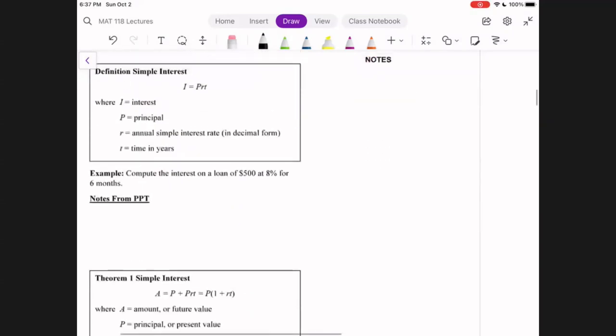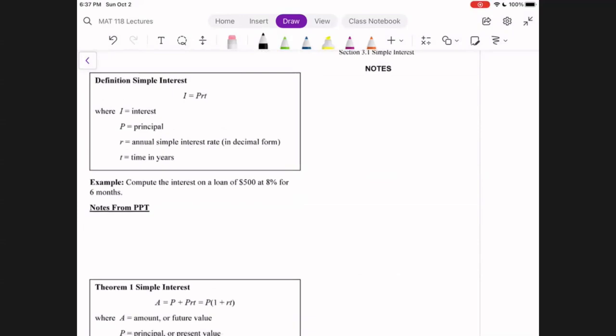So we have 2 formulas here. So this is just simple interest, that the interest equals your principal times the rate times the time in years. Okay. So let's look at this first example here. Compute the interest on a loan of $500 at 8% for 6 months. So you want to think your principal is here. It's 500. Your percentage. This is your rate, but